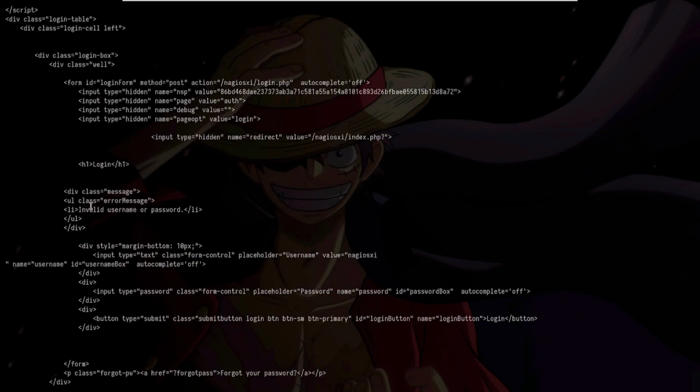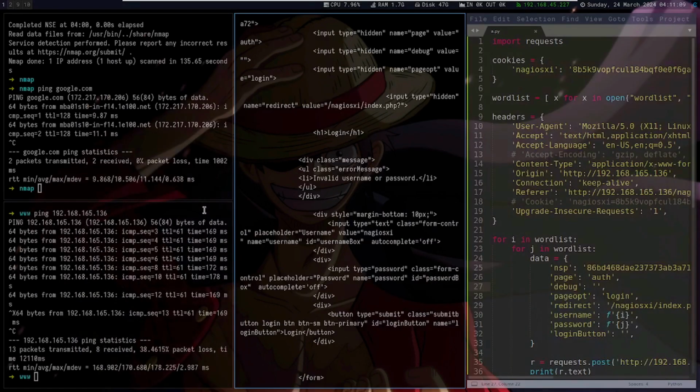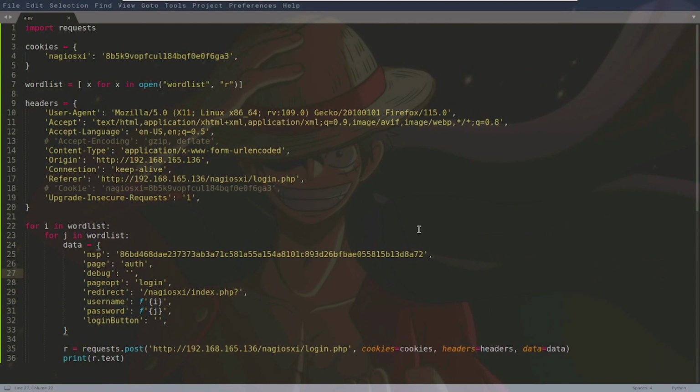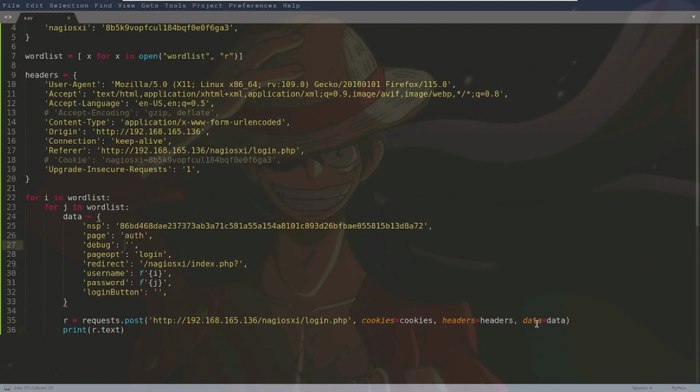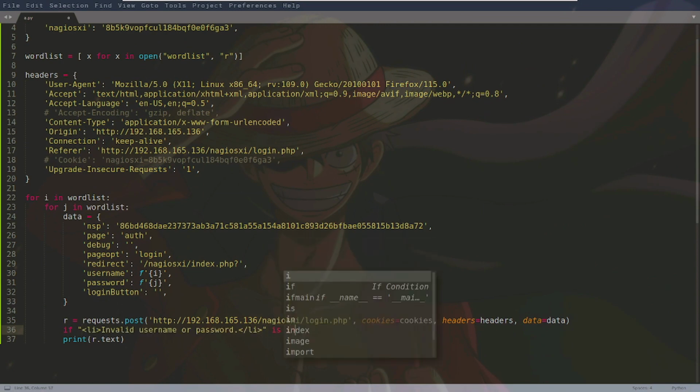Okay, so invalid username password, so we just need to get this guy here, then come back here and we'll just give an if statement here. So if this guy is in r.text,